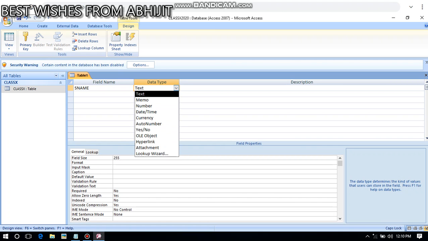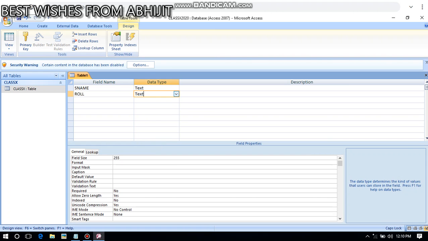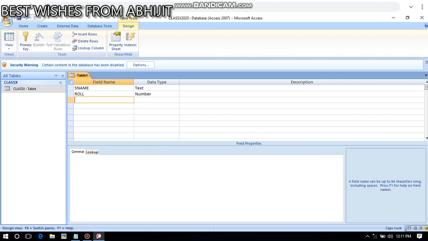So of course student's name, this is a text type of value. You see, these are the various types of data types. Okay, first is text, second memo, number, date and time, currency, auto number, yes/no, OLE object, hyperlink, attachment, and lookup wizard. All the data types are actually beyond the scope of the syllabus of your book, but as much as possible I will try to explain all the data types. Okay, so I will take here the first data type, that is text. So next is roll number. Roll number, of course, I will be using here data type as number. Okay, and section, here also I will use the data type as